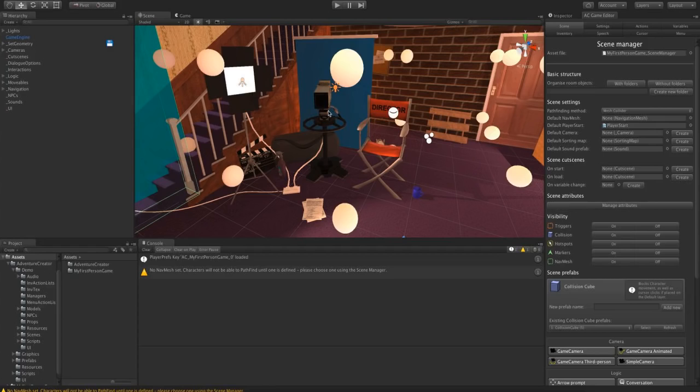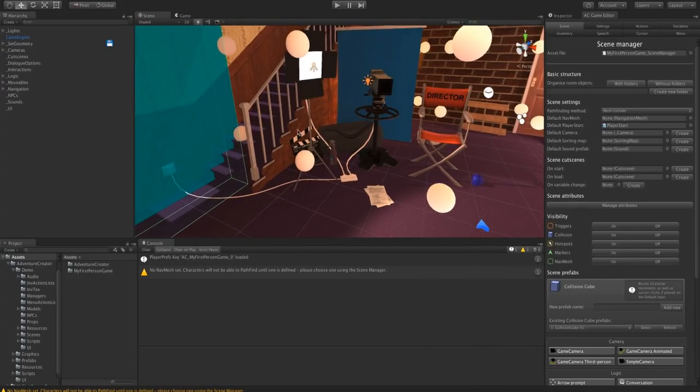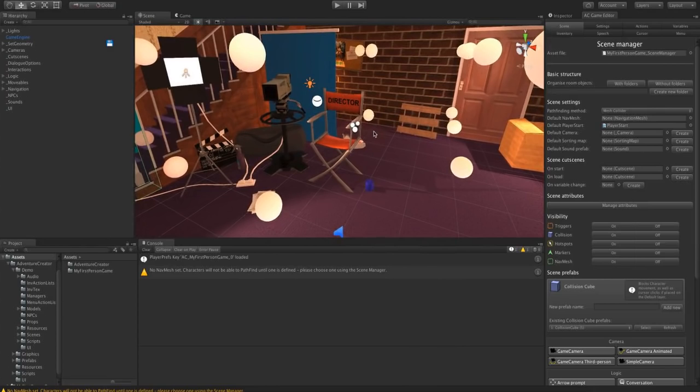But if you're not going to do that, then you don't really need to worry about it. You can refer to the other tutorials, say the 3D tutorial and the 2.5D tutorial, if you want to know more about pathfinding in 3D. So I'm going to leave that for now and just rely on these collision cubes for our navigation.